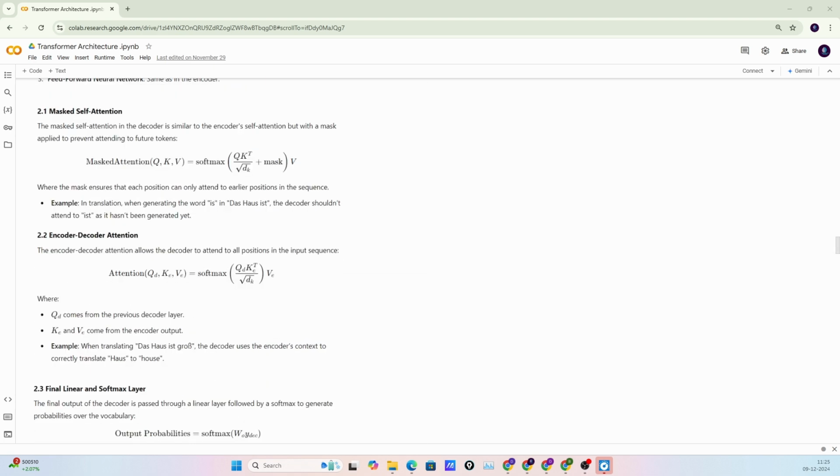So let me explain the mathematics also. The first thing is the masked self attention. In masked self attention, all the mathematics is the same. We just mask the future words. If we translate a sentence, we mask the future words, the words which are not translated or generated yet. You can see here the query, key vector, square root of the dimension, and value vector. We just mask the future words. This is how masked attention works.